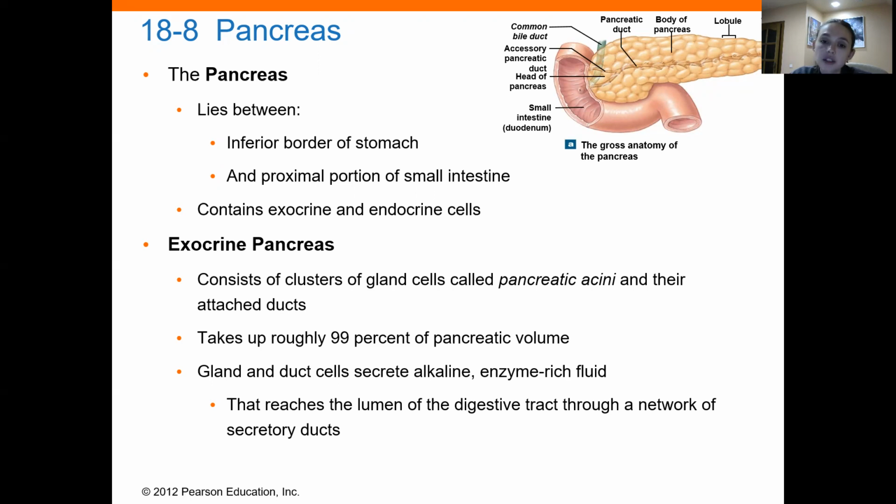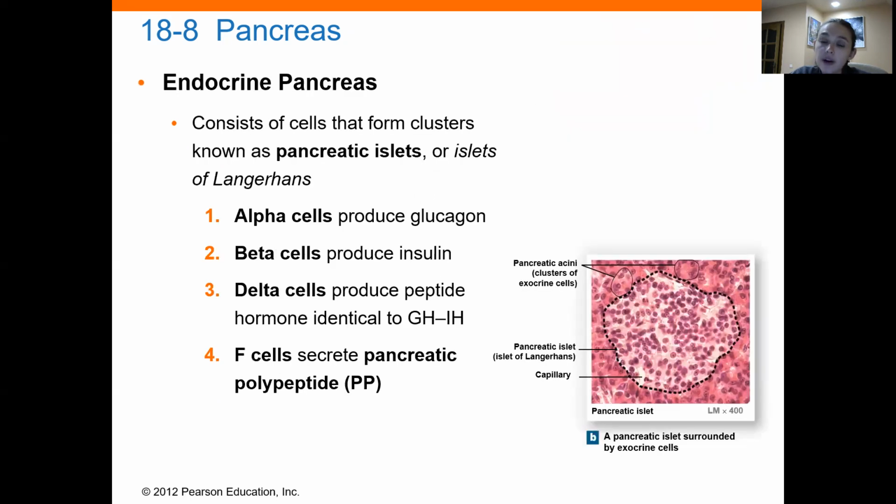Exocrine functions consist of the clusters of gland cells called pancreatic acini and their attached ducts. They take about 99% of the whole pancreatic volume. Gland duct cells secrete alkaline, enzyme-rich fluid that reaches the lumen of the digestive tract through the network of secretory ducts. The endocrine pancreas consists of cells that form clusters,